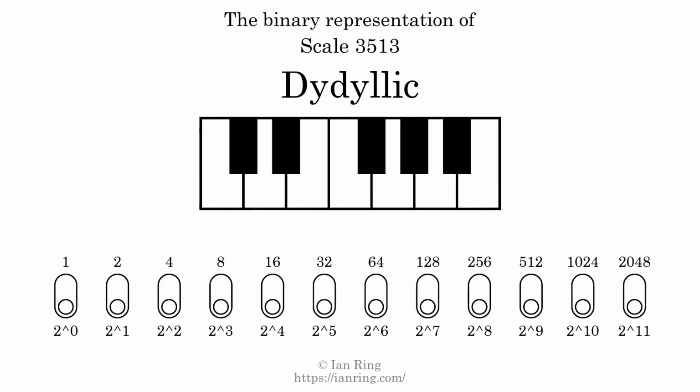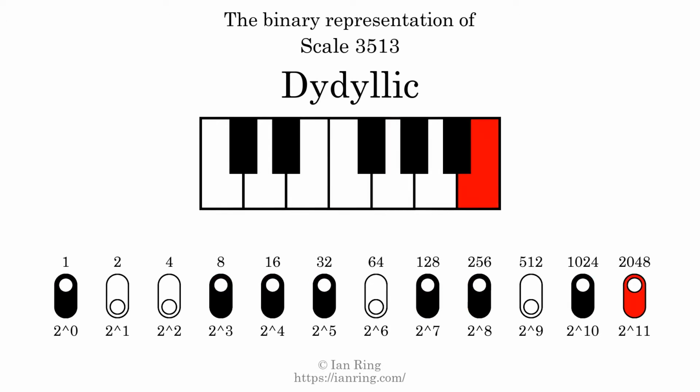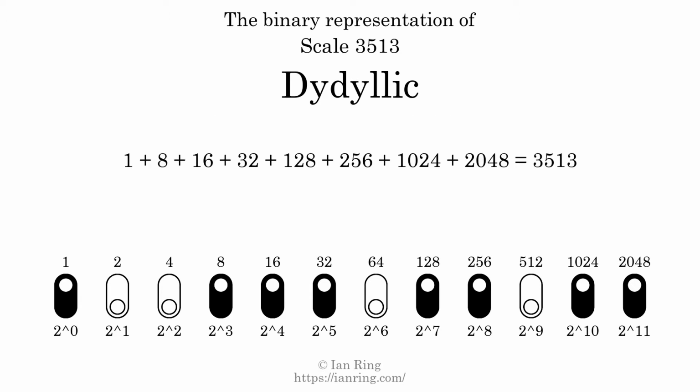The binary representation of this scale is determined by mapping tones of the scale to binary digits. Each binary digit represents a power of 2. To get the scale number, we add the powers of 2 together. The powers of 2 that are present in the scale, all added together, equals 3513. That is why the scale number, in decimal, is 3513. The scale number not only enumerates the scale with a unique index, but it also literally describes the tonal content of the scale. Represented as a binary number in base 2, the scale number is